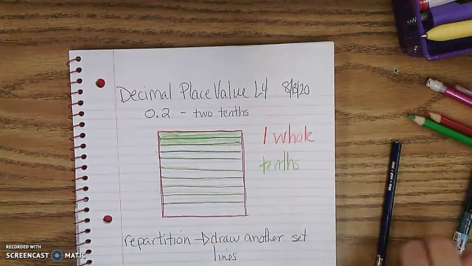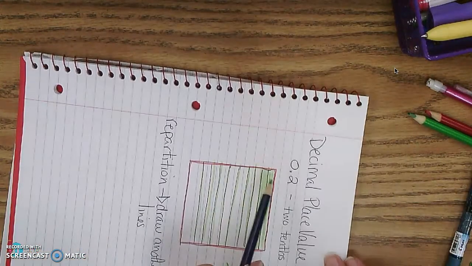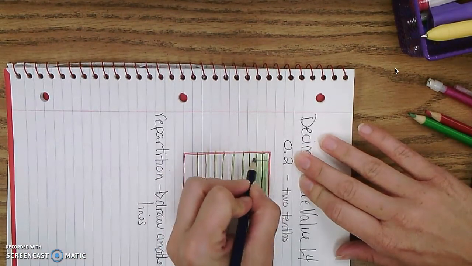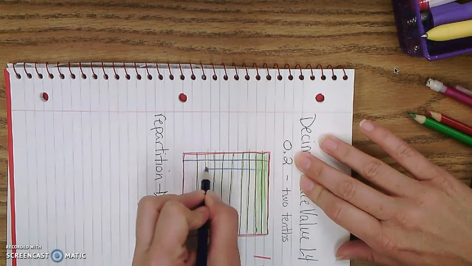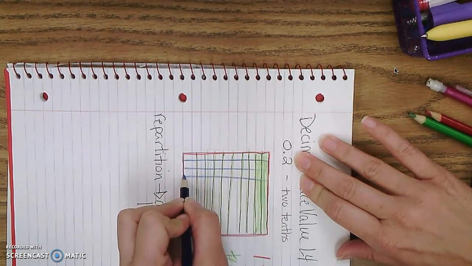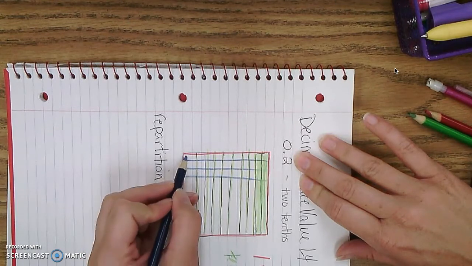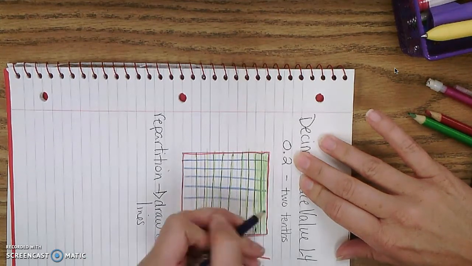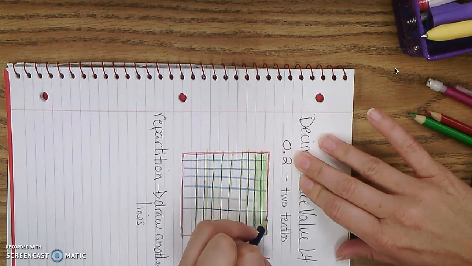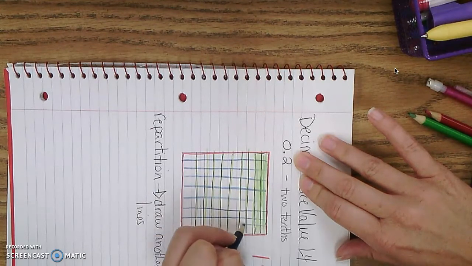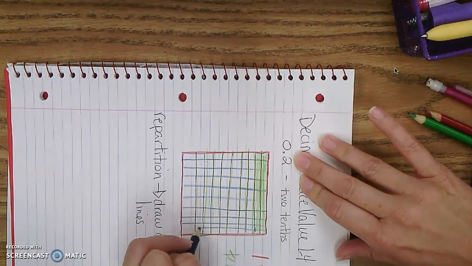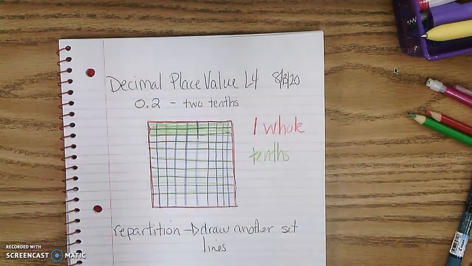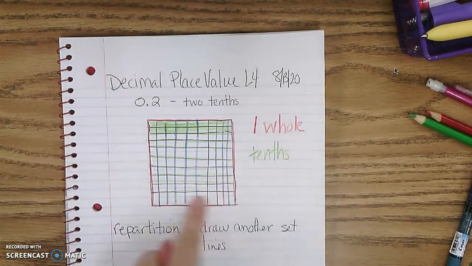But when I draw these lines, I'm going to turn my notebook, and these lines are going to go the opposite direction so that I'm making squares. And I'm going to try to do them as evenly as I can. So there's 1, 2 sections, 3 sections, and again I need 10 sections because decimals work in tens. So 1, 2, 3, 4, 5, 6, 7, 8, 9, and 10. So now I can see my 2/10 are in hundredths now because I have 100 little